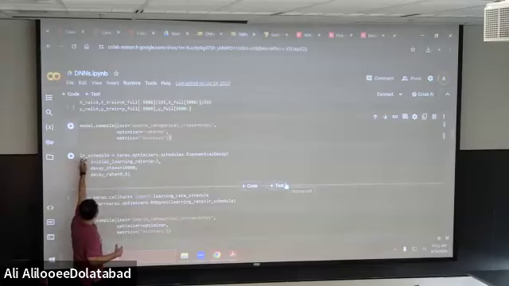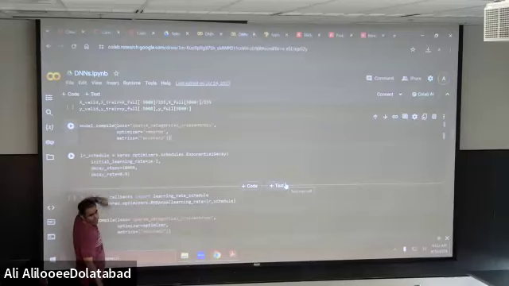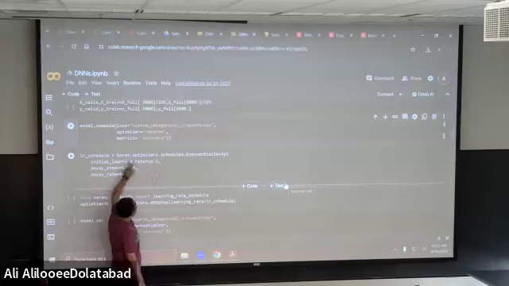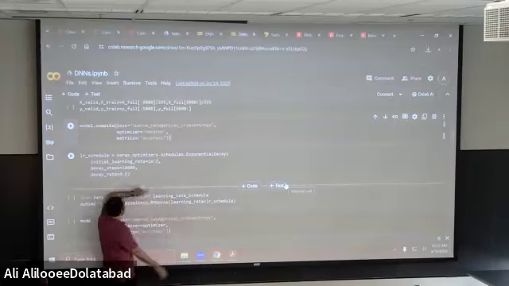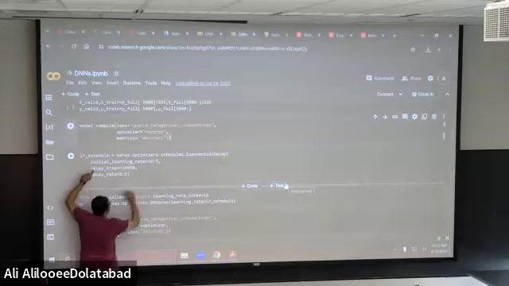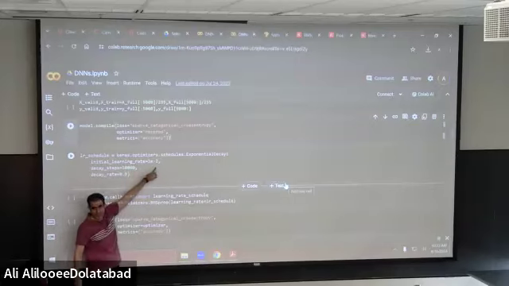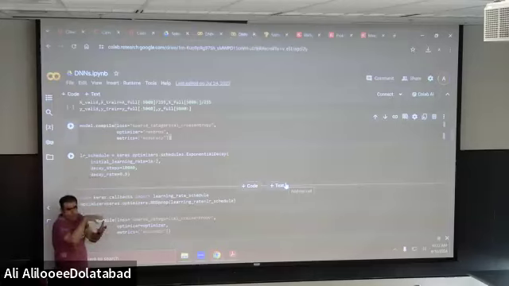Here we have the LR, the name that I have chosen, which stands for learning rate schedule. You have Keras optimizers schedules ExponentialDecay. You choose one initial value for the learning rate, and step by step you adjust it.